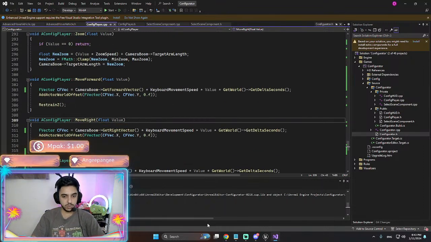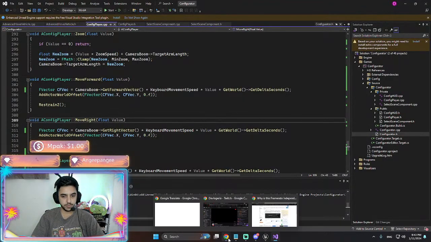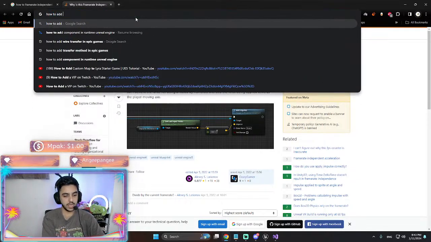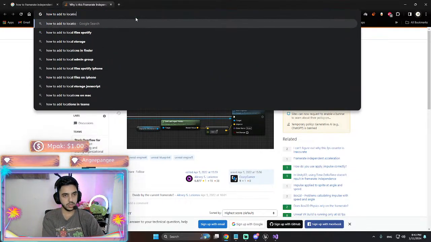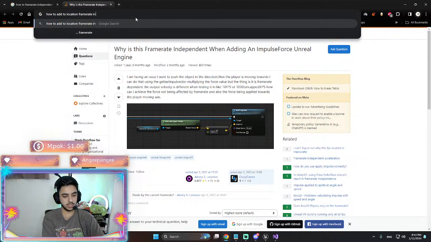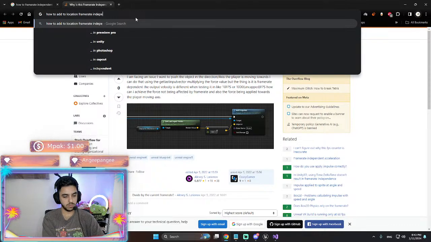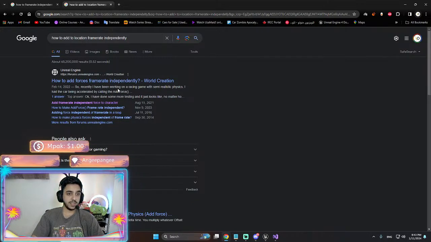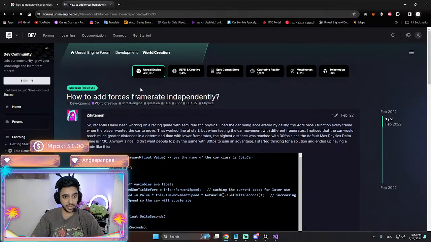Yeah, how to add to location frame rate in Blueprint. Sometimes I forget things and I have to search them up on Google, see what others have to say.